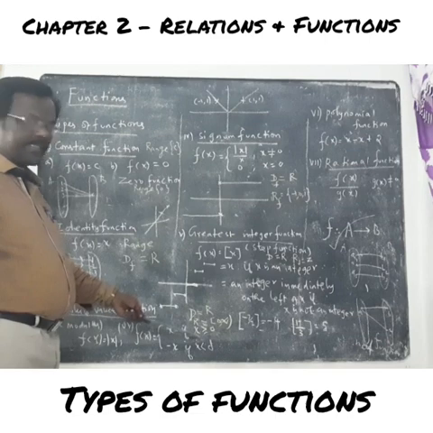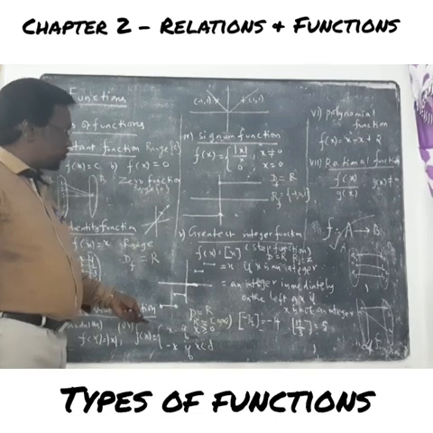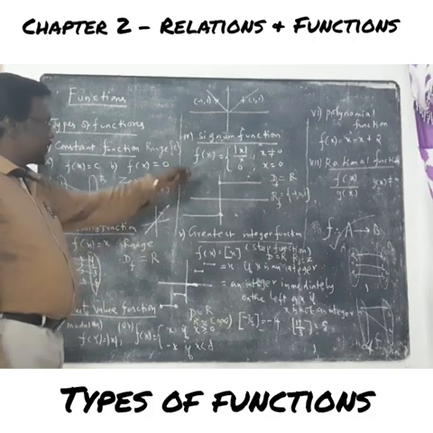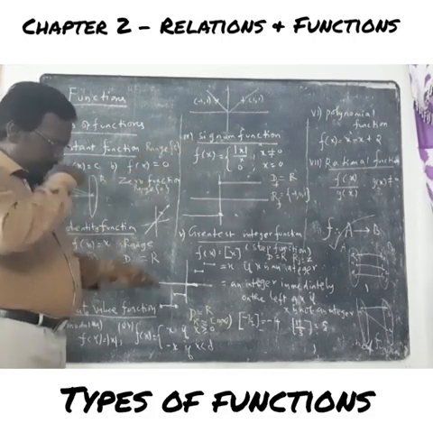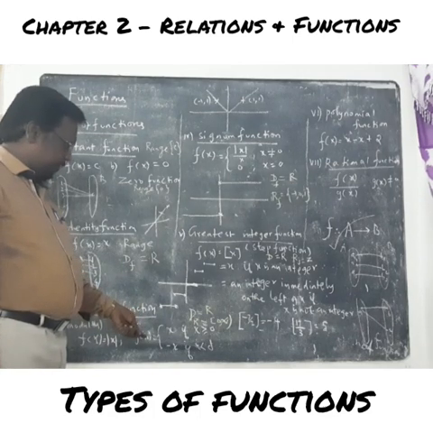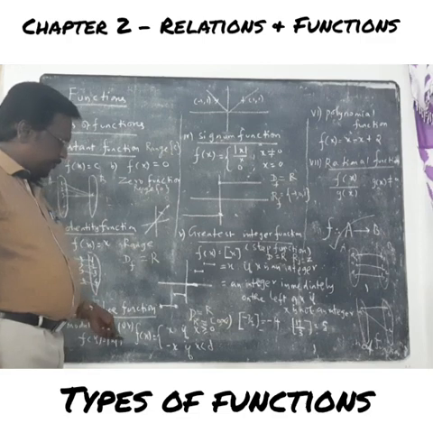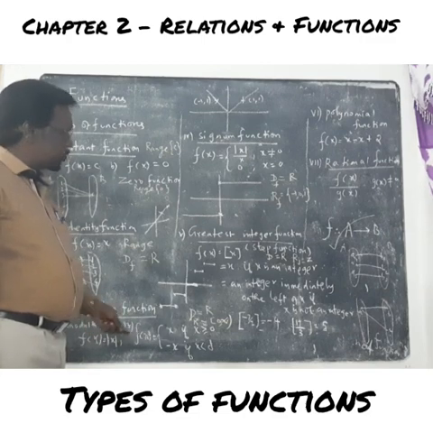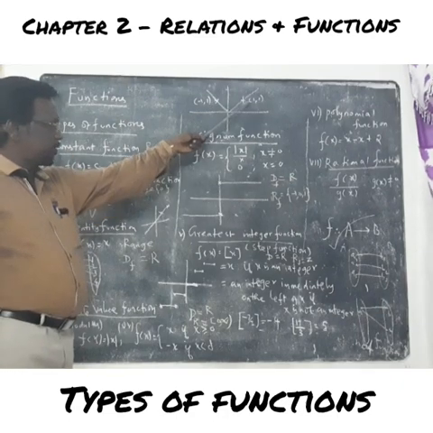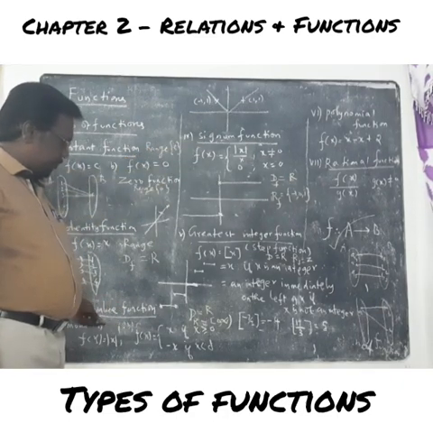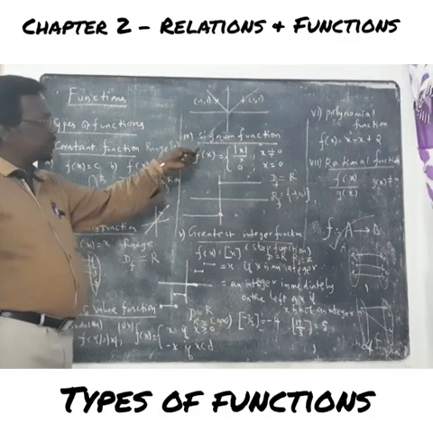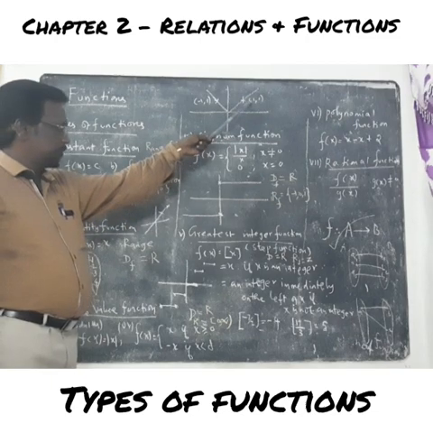Suppose x is greater than 0, that is, if you take x equal to 1, f of x is equal to 1. So 1 comes out, right? Suppose you take x equal to minus 1. It is less than 0, so minus of minus 1 is plus 1. That means minus 1 comma 1. So this is minus 1 comma 1. This is 1 comma 1. If you put x equal to 0, f of x equal to 0. So f of 0 is 0. It started from here, 0 comma 0, 1 comma 1.